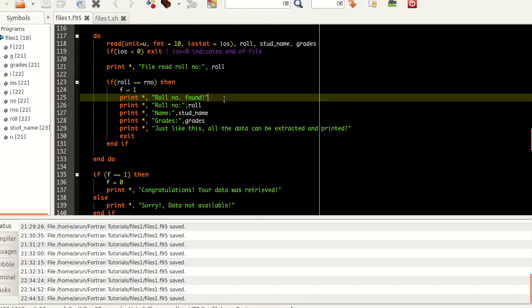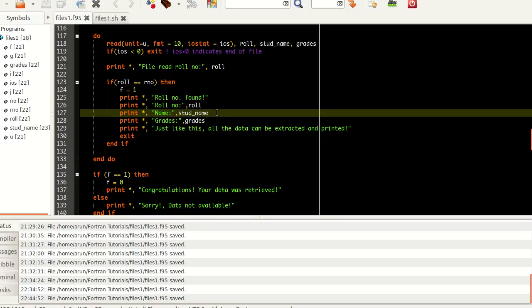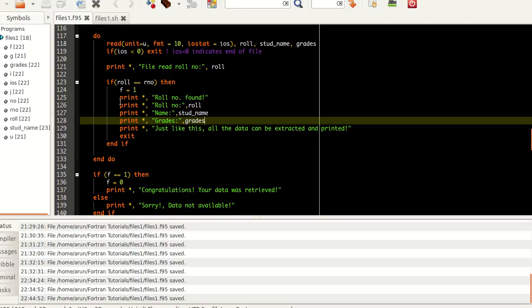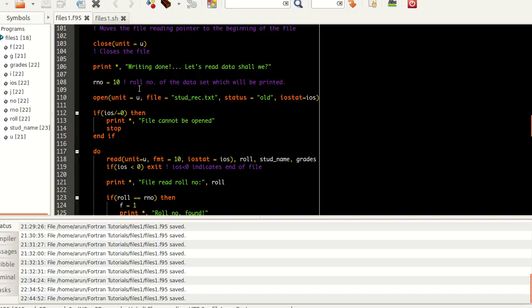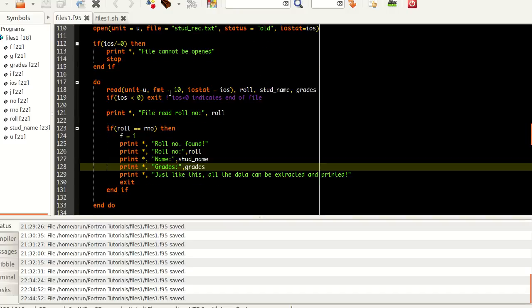Yes, we found the roll number, and then it prints the roll number, student name, and the grades like that. Now if you run this, if this works out fine, it will print the roll number of our choice. Suppose we give roll number 9 instead of 10, it will print the data set corresponding to roll number